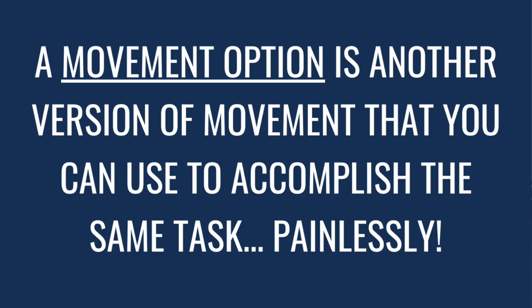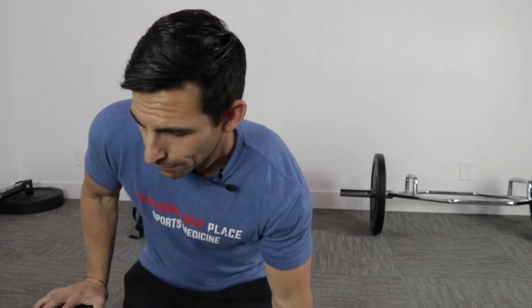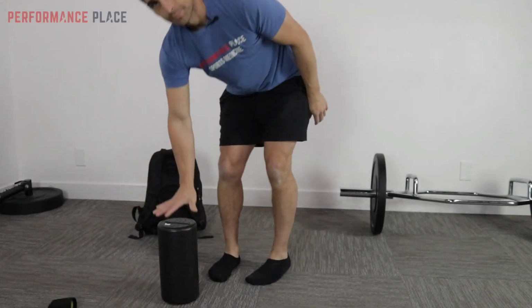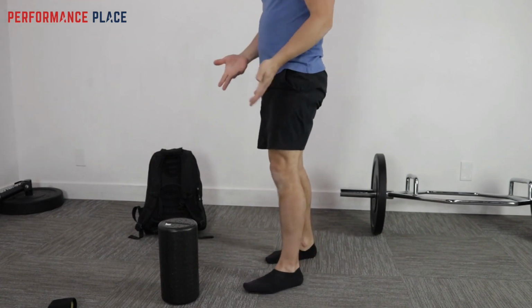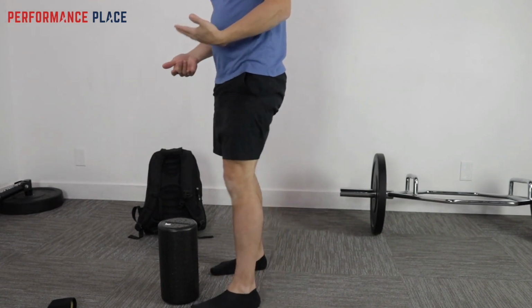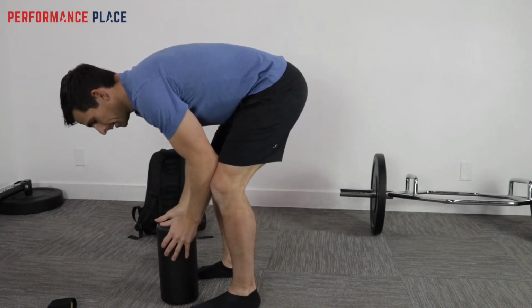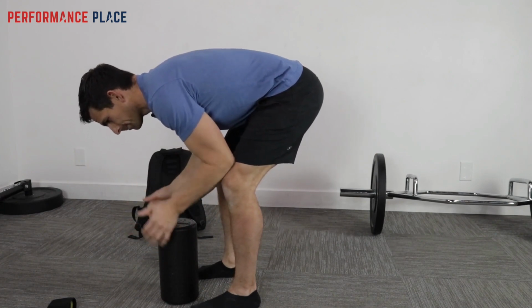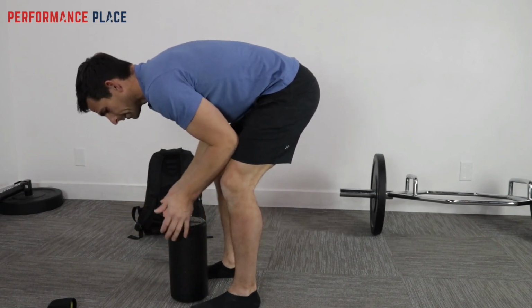A movement option is another version of movement that you can use to accomplish the same task. I know it seems very complicated, but it's very easy when we apply things. All right, first one, let's just say this one is a bucket of water and it hurts to bend over and pick it up. And this really, a lot of times, this type of picking up even a little weight,